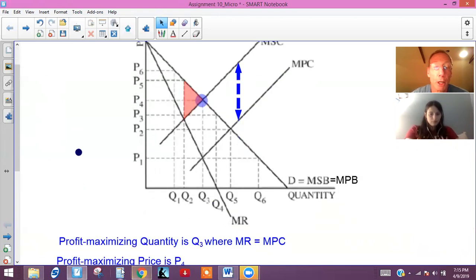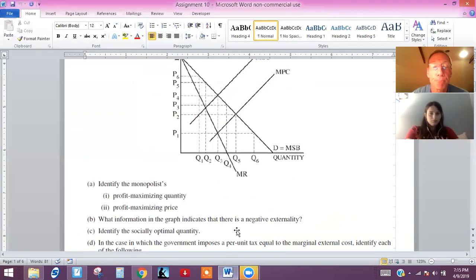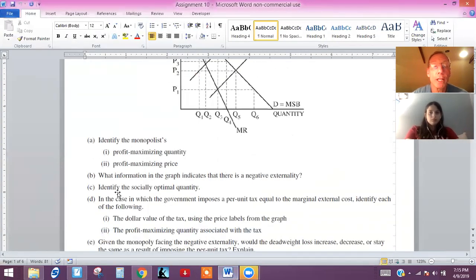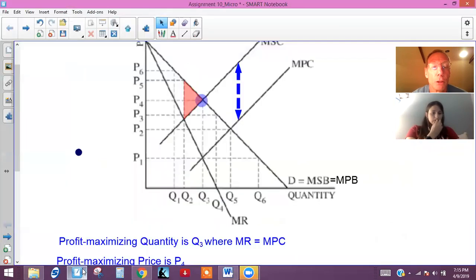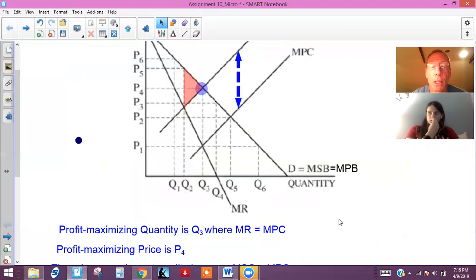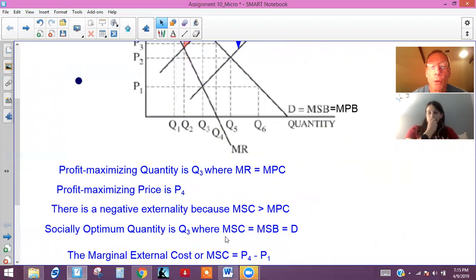So what else do we need to know here? Let's go back to our problem. Now, we need to identify the socially optimum quantity or the allocatively efficient quantity, which is always going to be where marginal cost equals marginal benefit. And so our socially optimum is going to be where marginal social cost